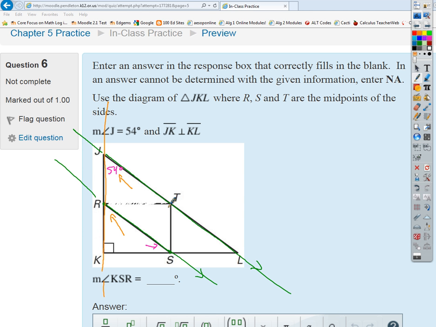If parallel lines are cut by a transversal, how are corresponding angles related? They're congruent. Very good. So then we can fill in some stuff, can't we? Right? So now we know,